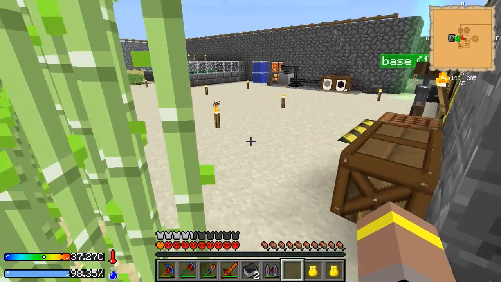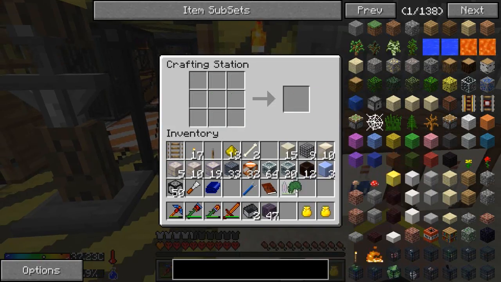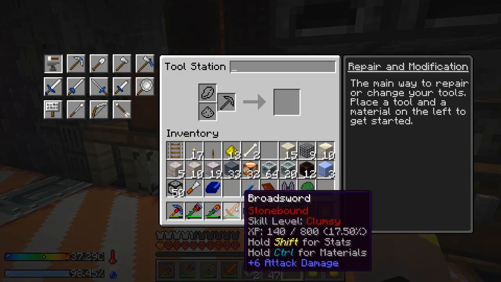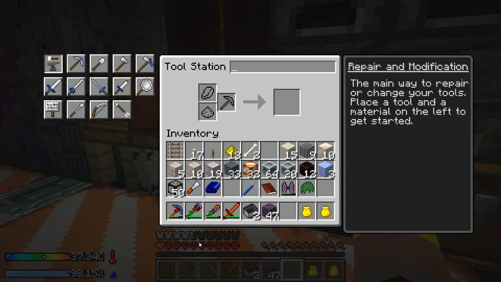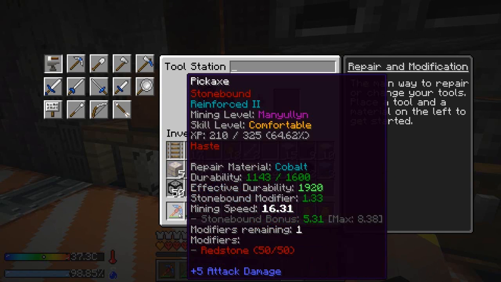There we go. I haven't really been checking the mossy cobblestone because you don't generally put an upgrade on your stuff, do you? But it is an exciting moment to put upgrades on your tools. So let's go with... which one are we doing? We're doing this guy. And...